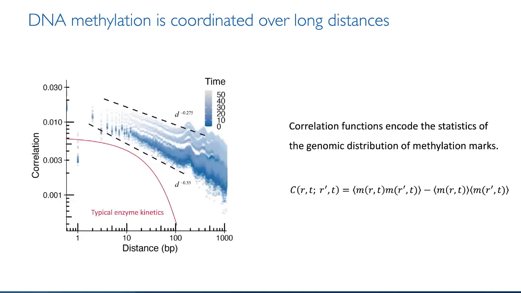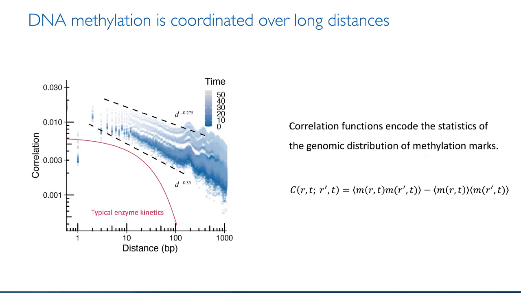Now, to understand whether de novo methylation is coordinated in space, we calculated so-called correlation functions or covariance functions. The previous speaker called them autocorrelation functions, as a summary statistic of the arrangement of methylation marks along the DNA sequence. Roughly speaking, it gives the probability that two sites, a given distance apart, have the same methylation state.